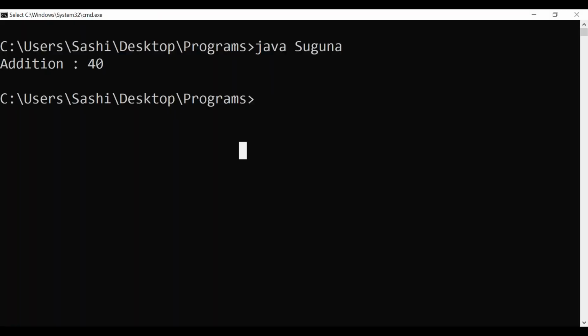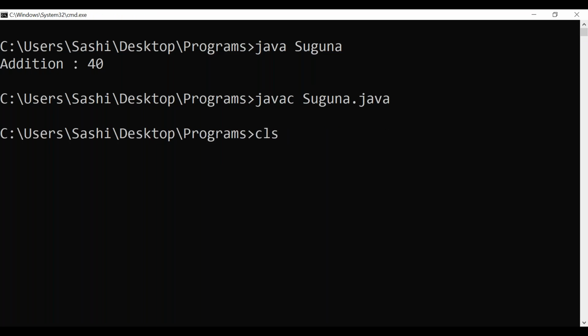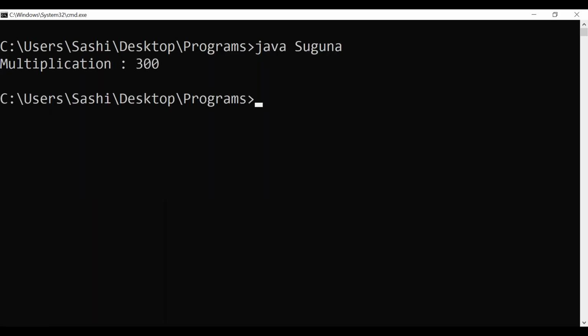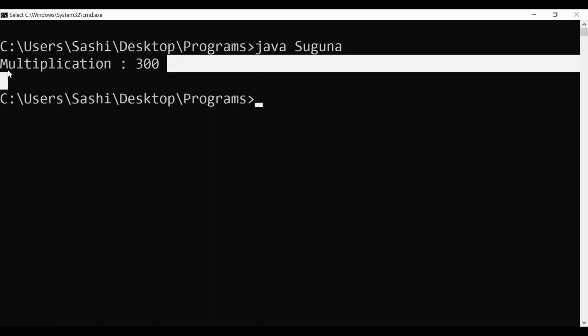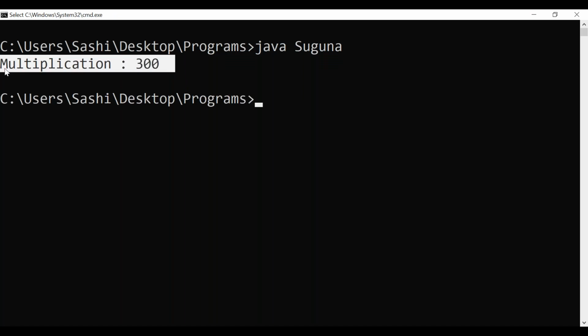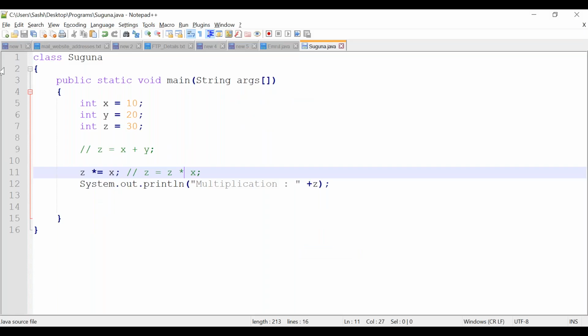Let's rerun this. See, observe the output. We are using the shorthand operator on arithmetic, correct? Instead of writing it out fully, it is reduced, right? Because you didn't have to mention the variable one more time. This is the shorthand operator.